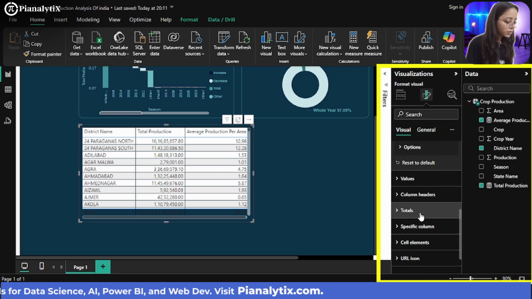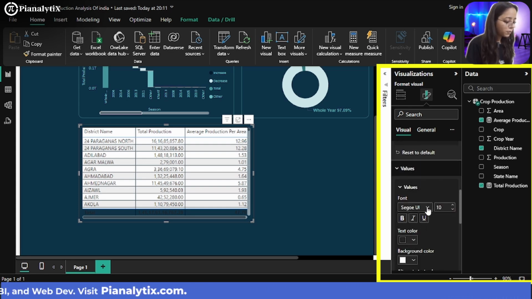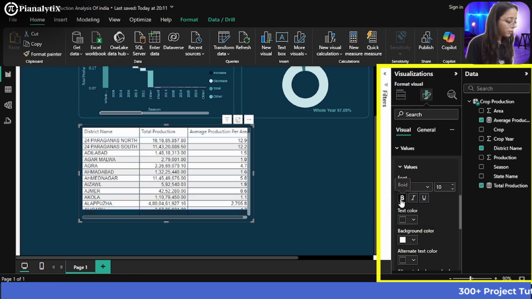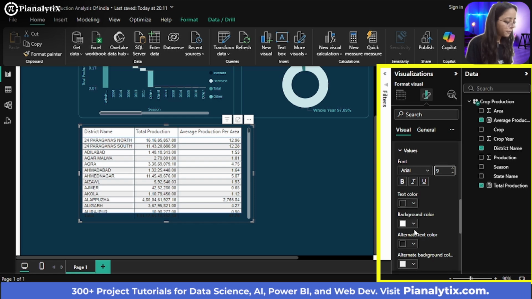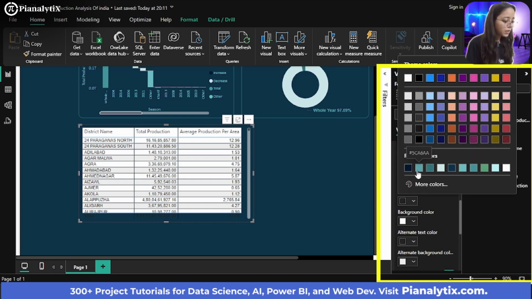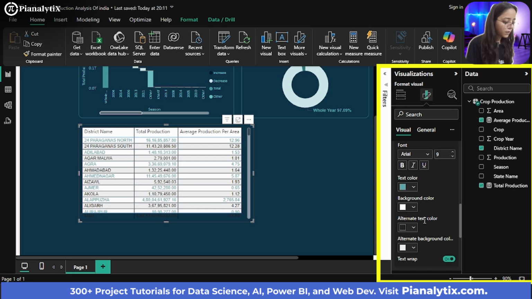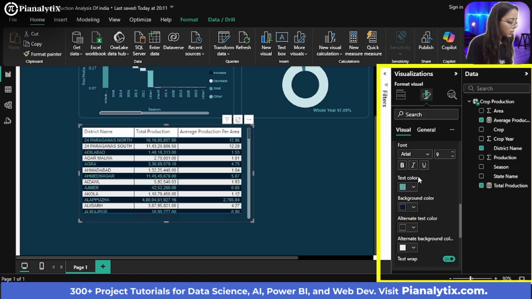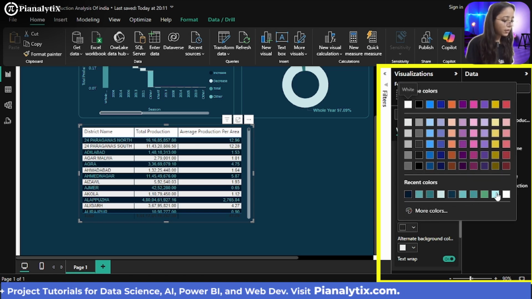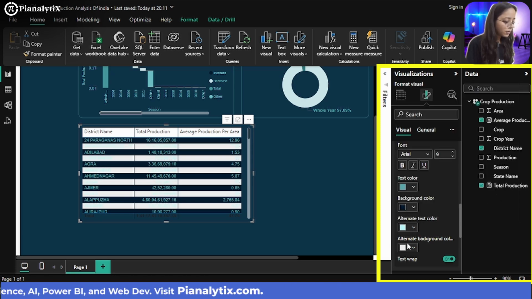Now what you're going to do is the values should be in the Arial format, let's say, and I will click on bold here. If you don't want bold, you can just simply unselect it. You will make sure that the size is appropriate. I want my text color to be this one which I was previously using for most of the values, and my background color, let's say this background color would look good. So now it actually highlights most of the part. And for the alternate text color, I can go with this color, and I will choose an alternate background color, which is this.